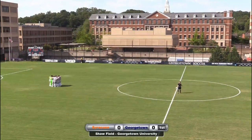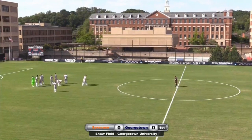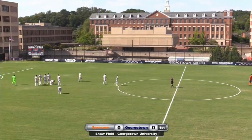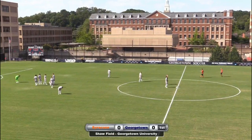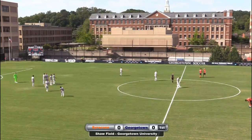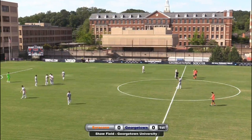Now, Tom, if I'd given you 100 guesses last spring as to what the starting 11 would be for the Hoyas in Game 1, I think you'd go for 100 as we set the lineup here. Some of that injuries, Achara not available today, some of it coach's decisions, some of it the arrival of new players and the good form of certain players. So the Hoyas will line up in a